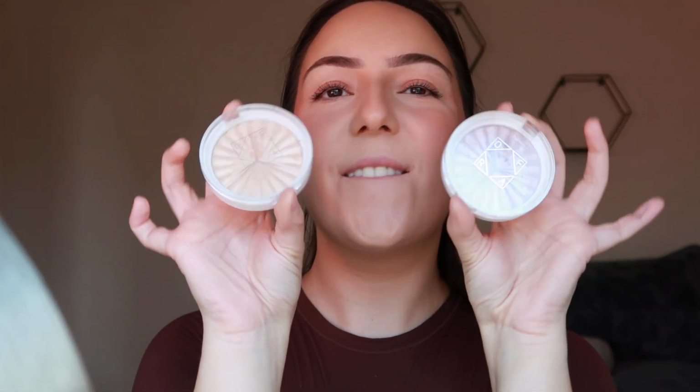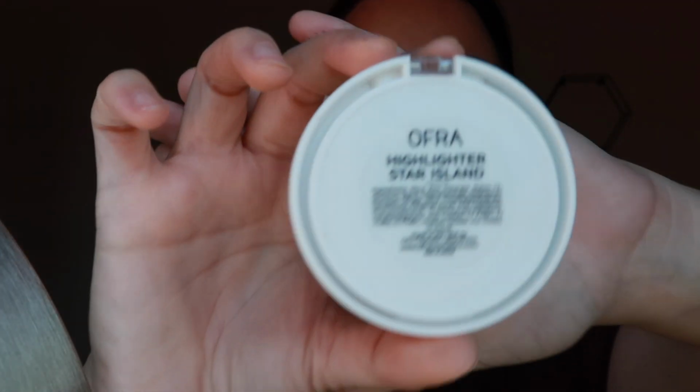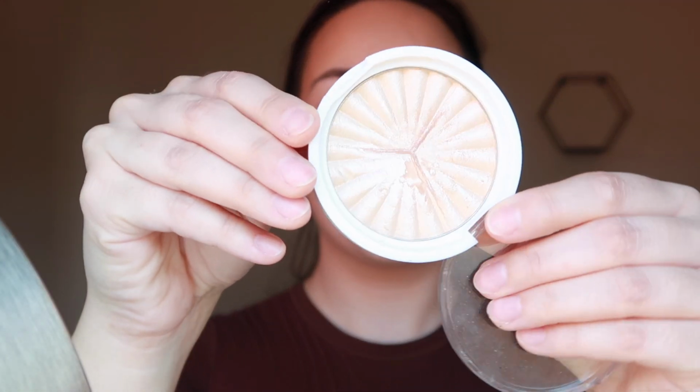Next is my favorites. I love highlighters so much. These are my two favorite. The brand is Ofra and this is the shade Star Island. I either use this one or I use the pinkish one. It's called Covent Garden. Oh, they're stunning. I checked. They're still available on the Ofra website. The packaging has just changed, but anyways, I use my handy dandy pinky and I will never ever ever not